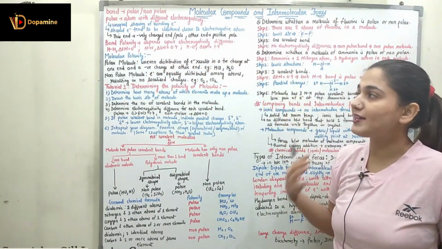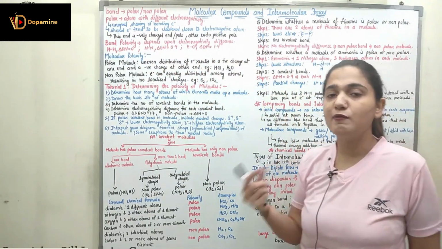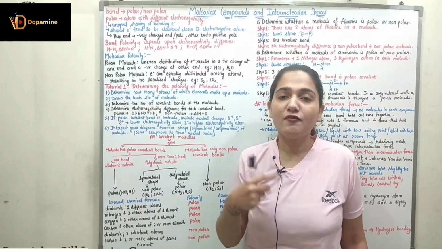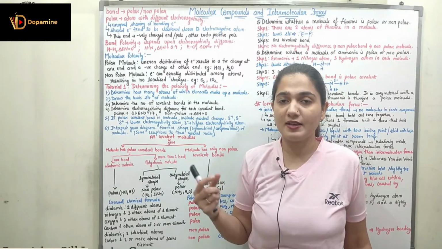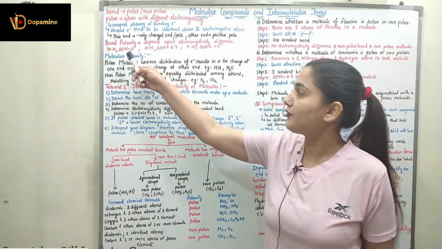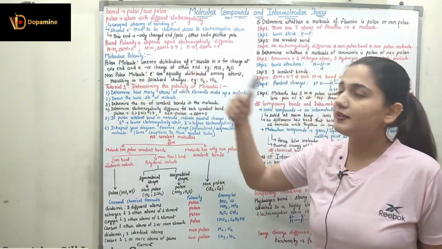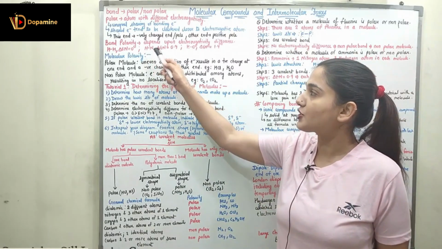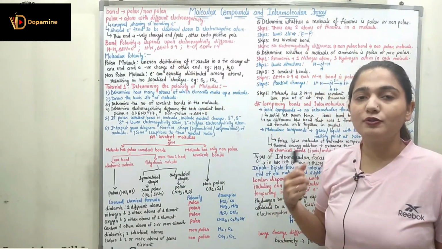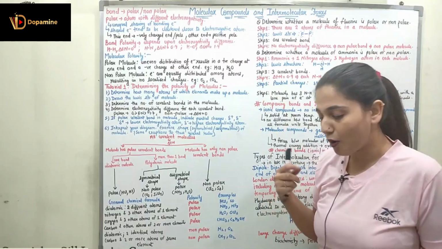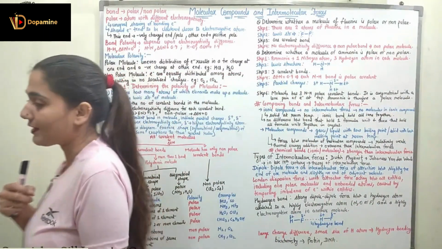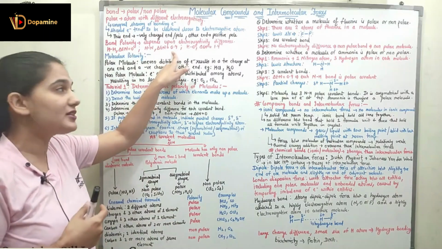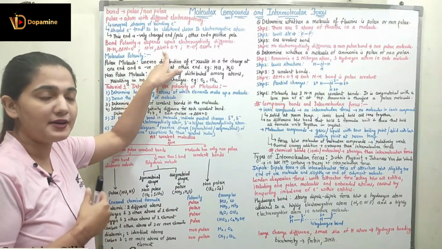If I talk about H2, we have both hydrogens with the same electronegativity. If both of them have the same electronegativity, the electronegativity difference is 0. So here the bond polarity will not be there, right? If I talk about the electronegativity difference in the bond of hydrogen and nitrogen, you can see it is 0.9, so obviously this is a polar covalent bond, right?